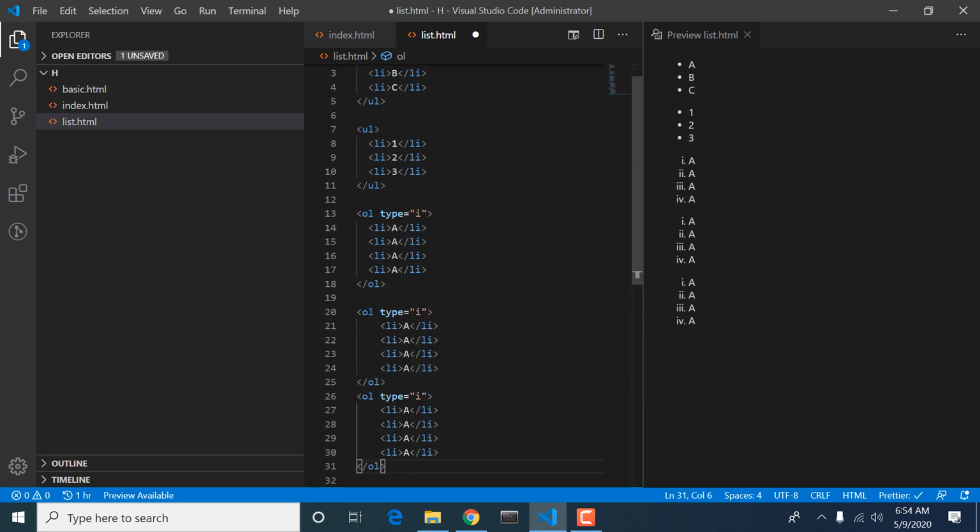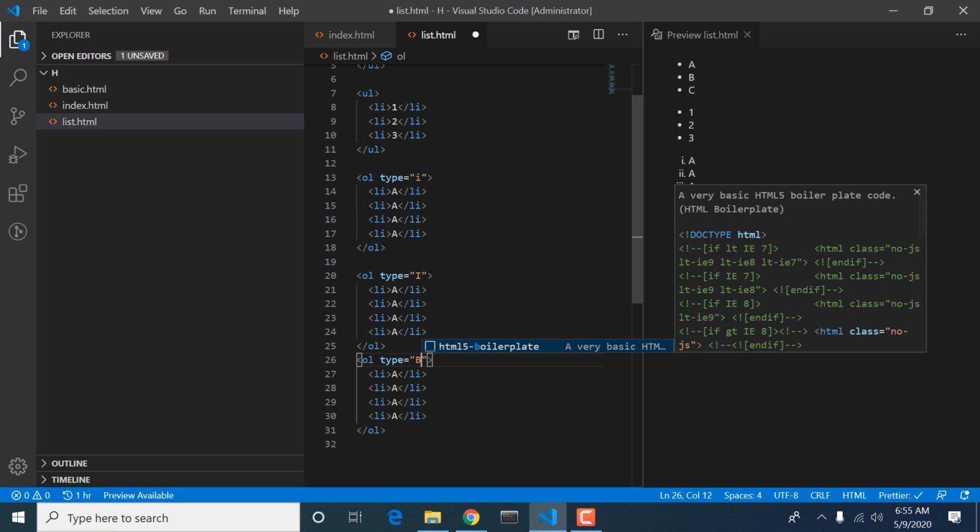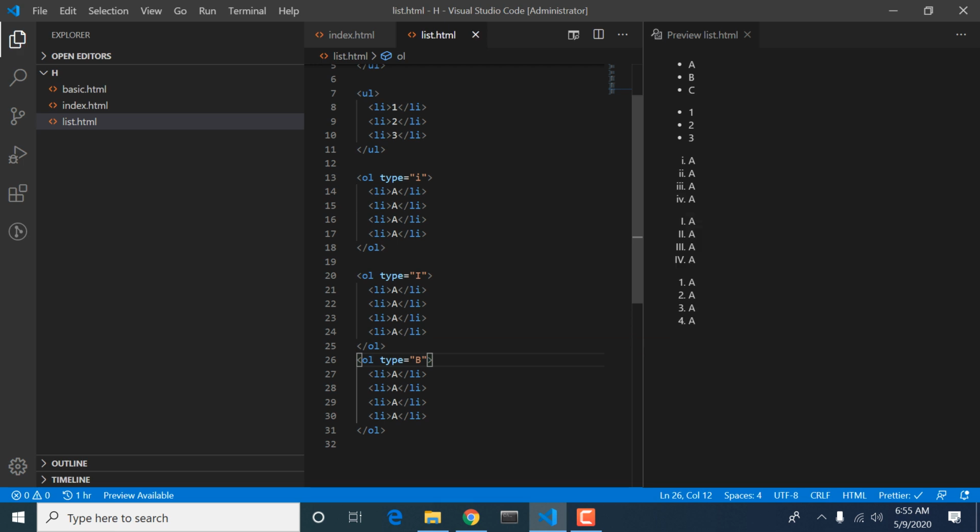You have often seen lists that start with a capital one, or with a small a, or a capital A. So this will be the type of capital A.